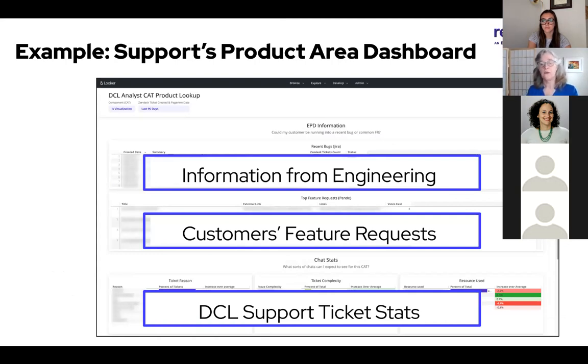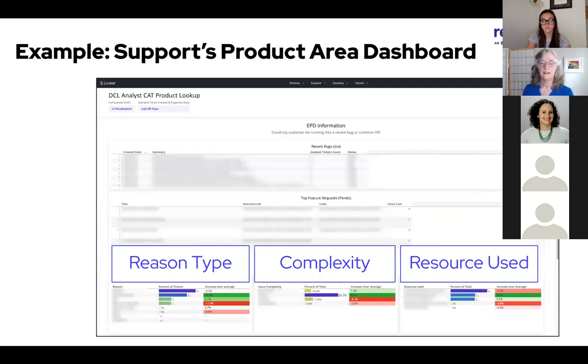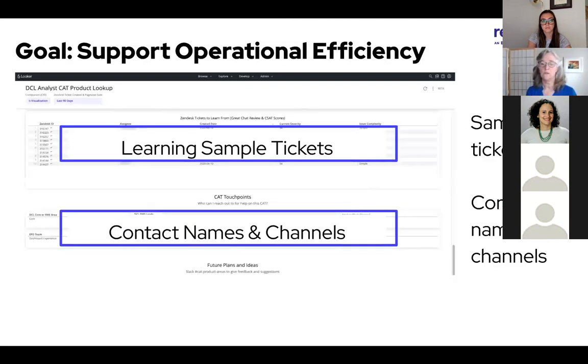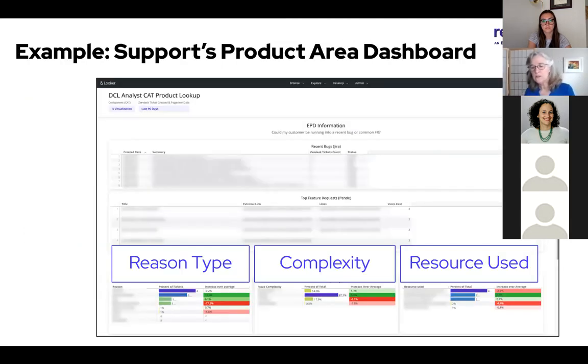Okay. So that includes three things. Reason type means things like, is it a how do I do this, or troubleshooting, or a few other choices. The middle one, complexity. It's the analyst's view of how hard the ticket was. Simple, very simple, all the way up to very complex. And resource used. Whoops, my bad. Back one. Resource used. So did they use Guru? Did they use public-facing documentation? Did they not find a card for it? So this section here is especially useful as people are trying to come up on new product areas.